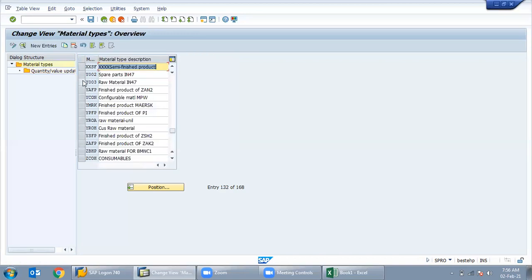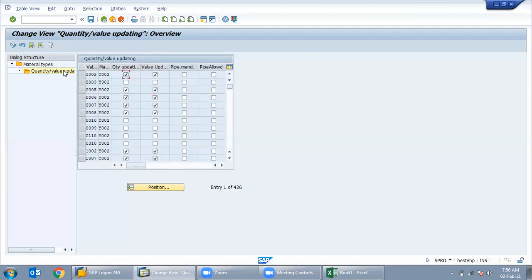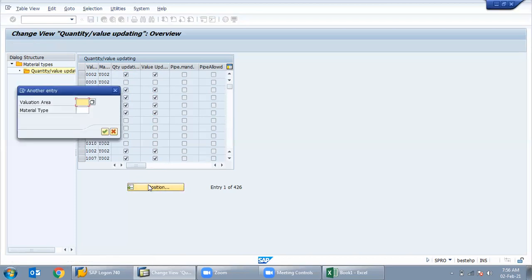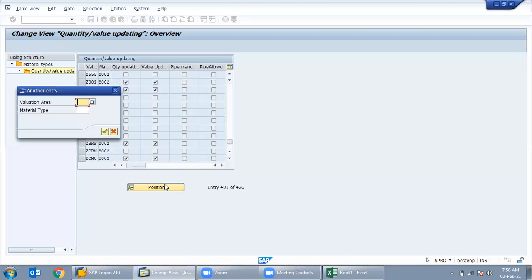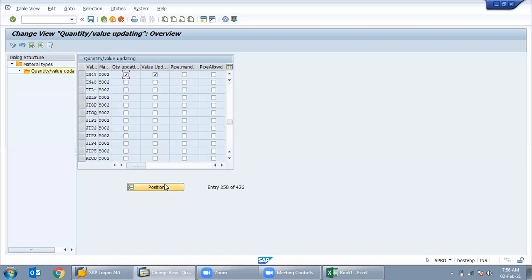There is one more, Y002. Just select it, go to the position, IN47.